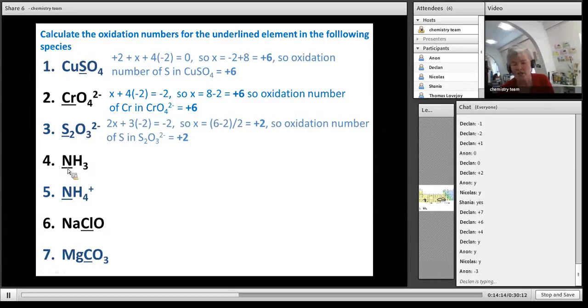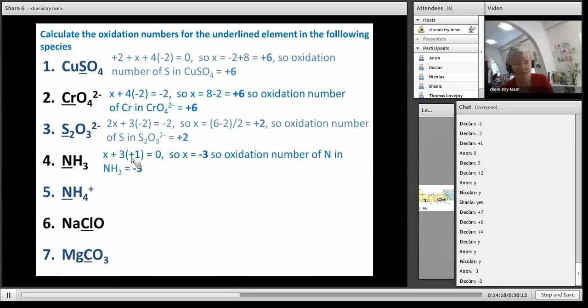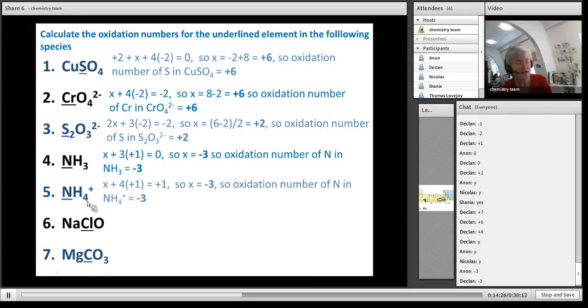Nitrogen in ammonia, -3, correct. Because hydrogen, remember, is always +1 in a compound, so N must be -3. And the same thing goes here. Okay, even though this is ammonium, now remember it has to be +1, and it still works out that the oxidation number is -3. How about sodium